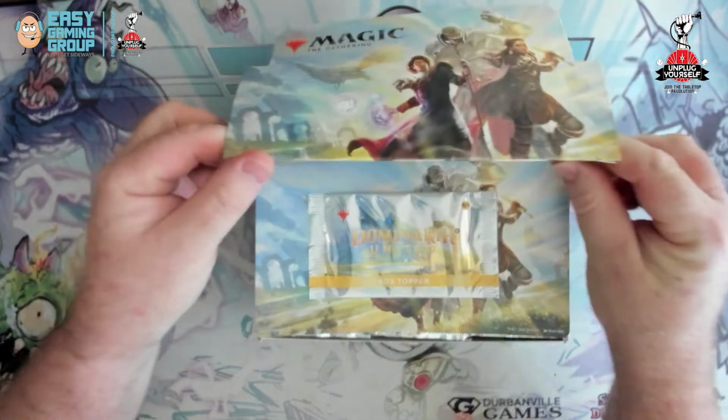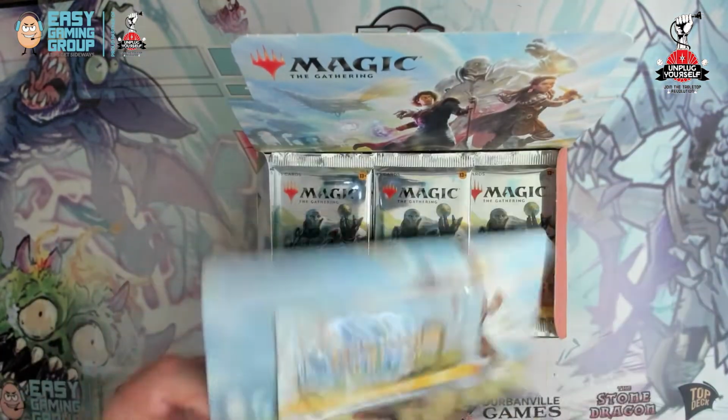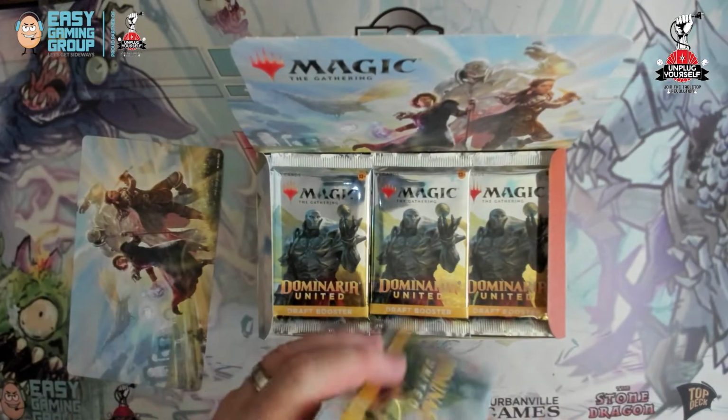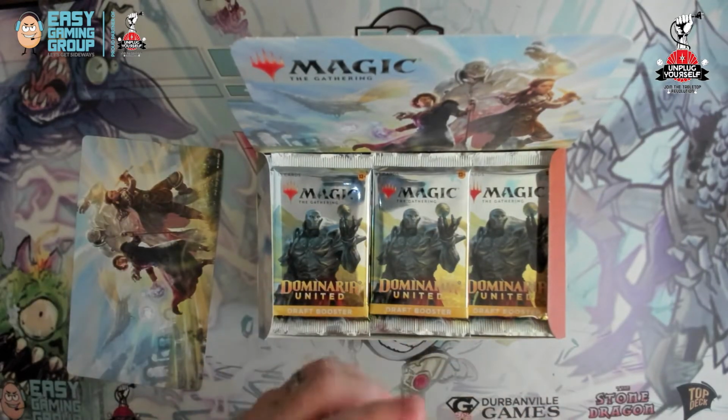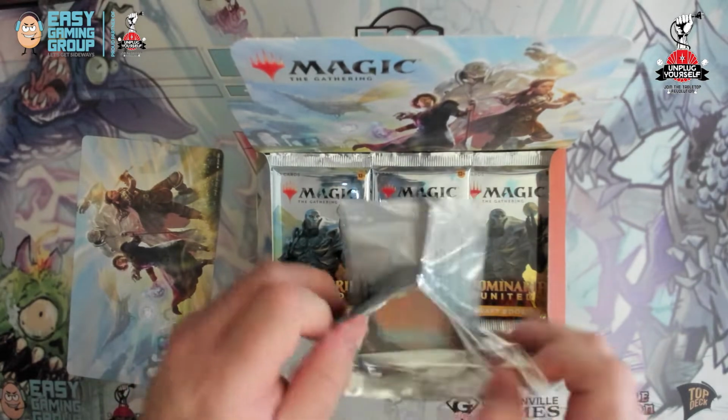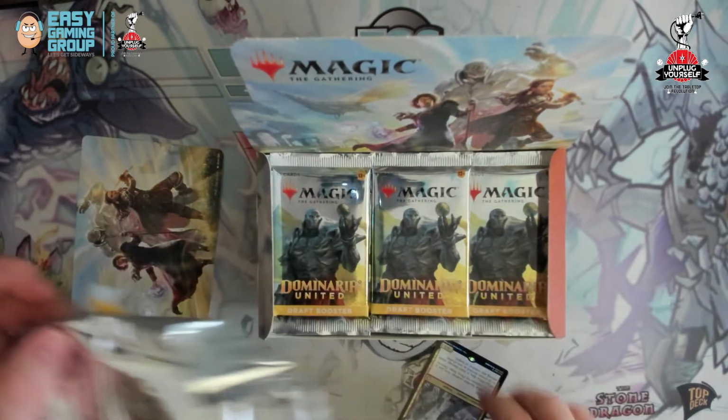Oh, there's a box topper. Cool, cool, cool. Okay, these box topper packs are hard to open gently because they're like one card. So, give me a second here. There we go. And we have...